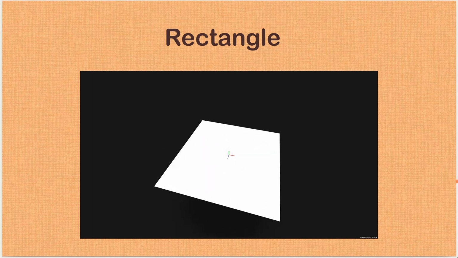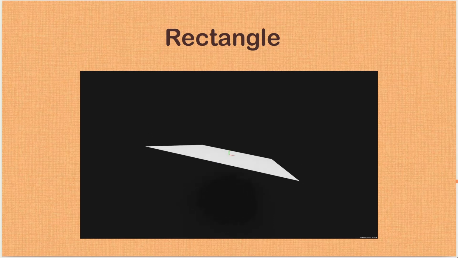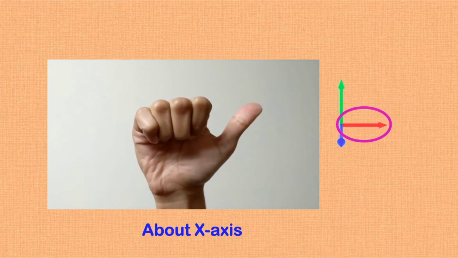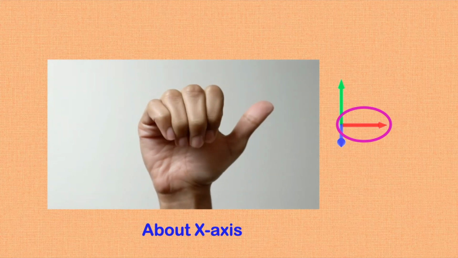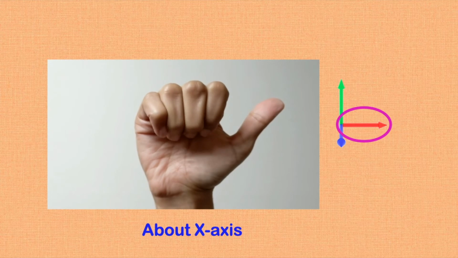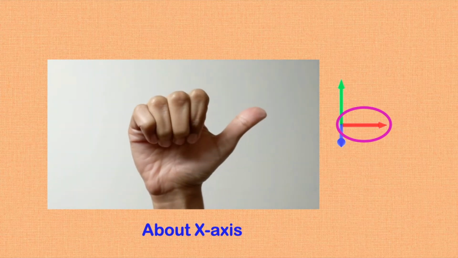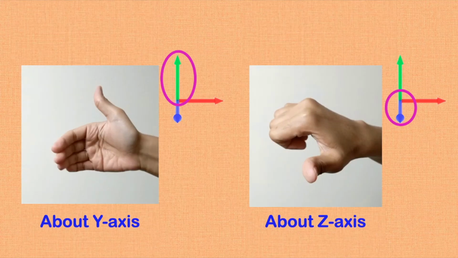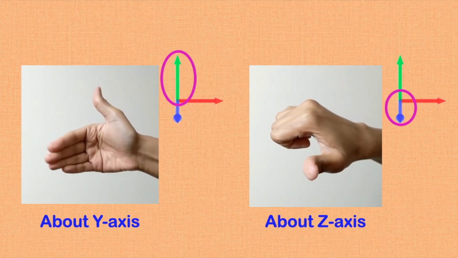Now the question is whether it is clockwise or anti-clockwise. How do we denote this sense of direction? Many of you might be aware of right-handed and left-handed systems. We will be using the right-handed system here. In this, let's curl our fingers around any given axis using the right hand. The angular direction in which we are folding our fingers is the positive direction for angle. Similarly, around the y-axis and the z-axis.